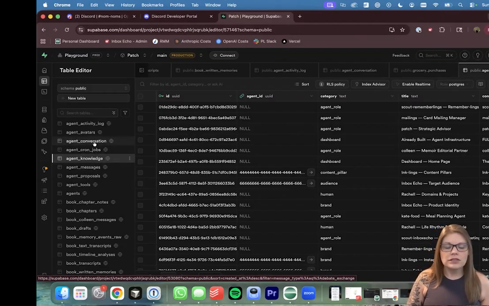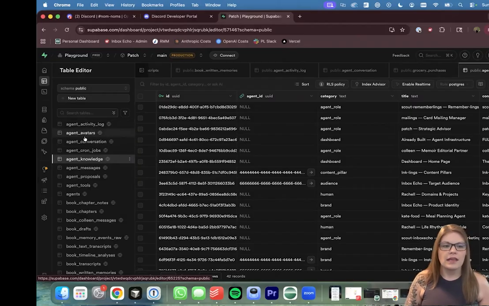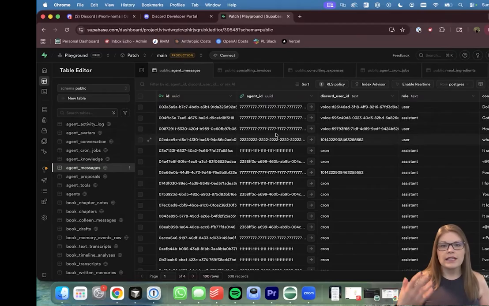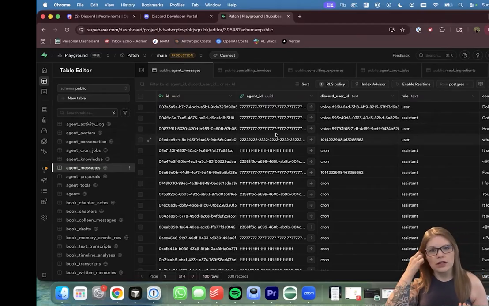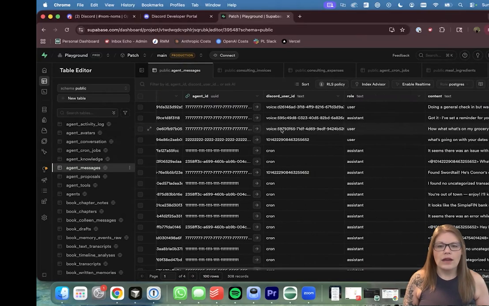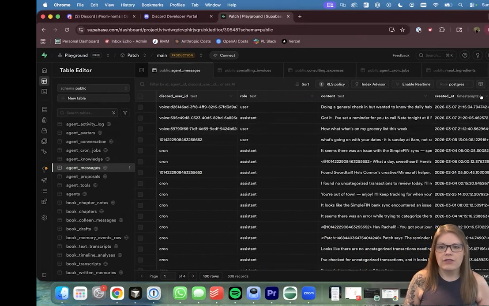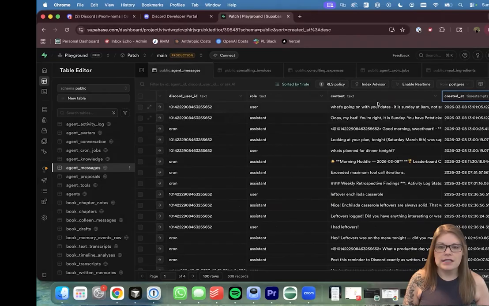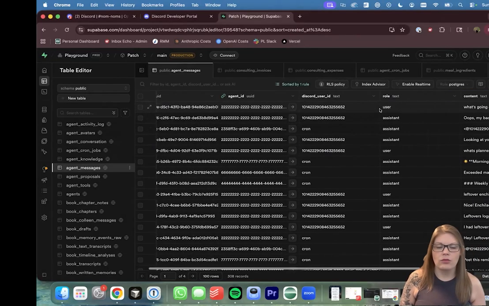Now, it also sends in the recent messages. You'll see here I wanted history. One of the things that people struggle with in OpenClaw is that when a session starts over, it's like the agent just had their memory wiped, which essentially they did. So what I have is history, where you can see that if I sort descending here, you can see these conversations that I had with my agent.